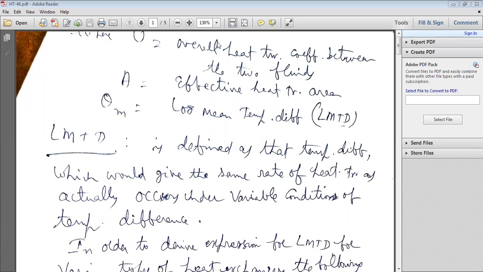And in the analysis of heat exchanger, there are three important parameters to be considered, and they are very, very important parameters while designing any heat exchanger or analyzing the heat transfer in a heat exchanger. There are three basic parameters. What are those I have given? U, overall heat transfer coefficient between the two fluids. U is the overall heat transfer coefficient between the two fluids. A is the effective heat transfer area between the two fluids. And